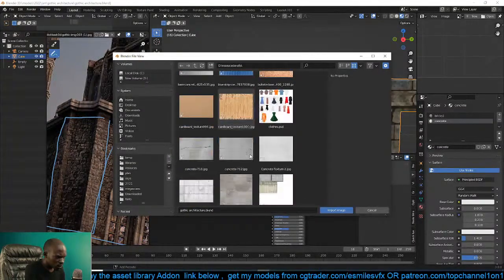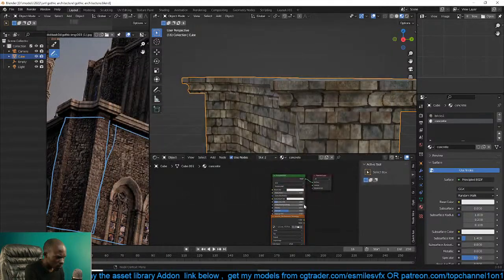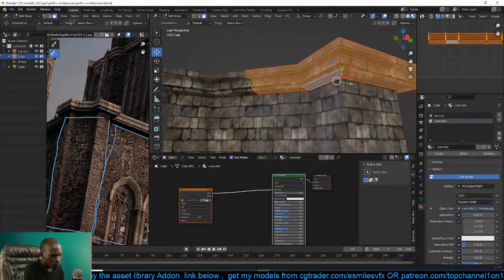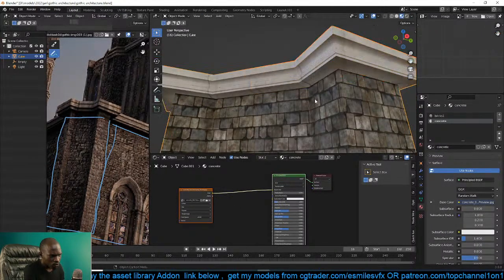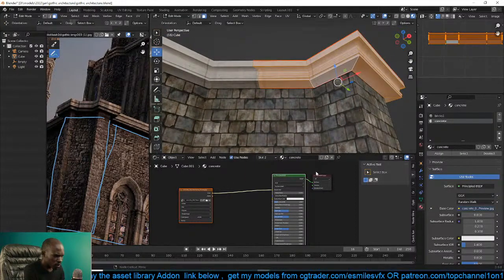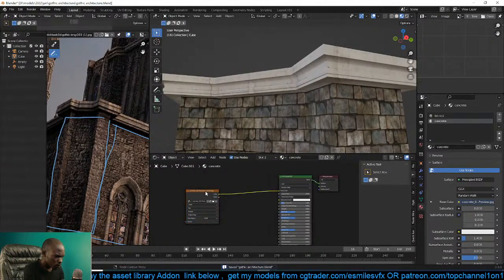I need to get a concrete surface, like maybe something like this. Connect this to the base color like that, and I want it to be assigned to the top part like this. I think this looks good already, but the texture is a bit low res, so let me add